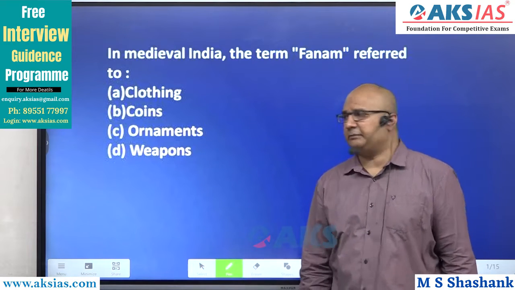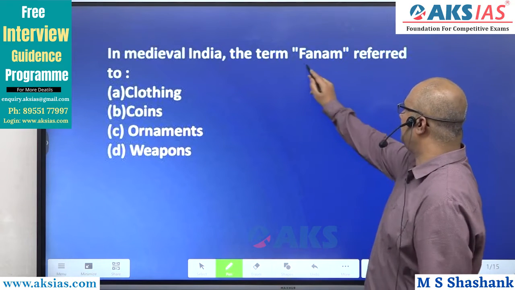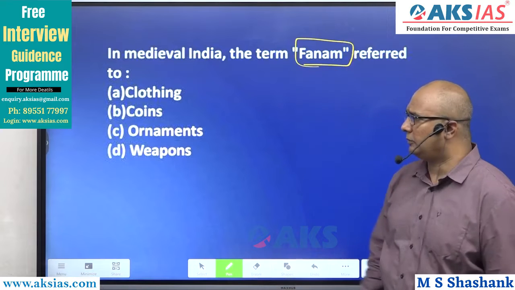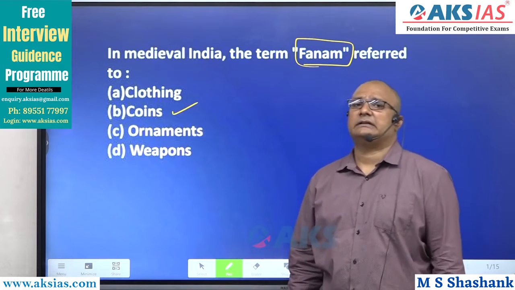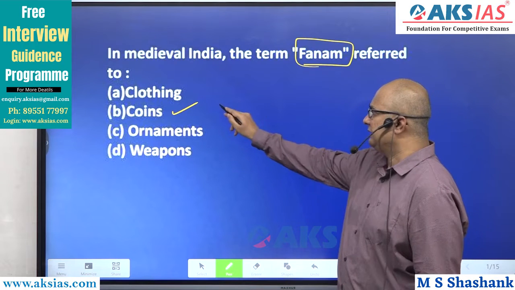Let me take this question. In medieval India, the term phanum referred to what? The answer is coins. And the explanation for it is